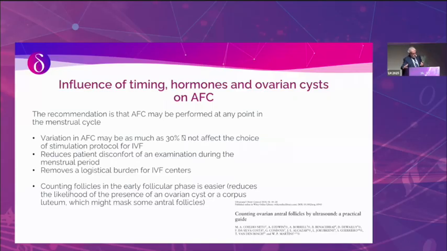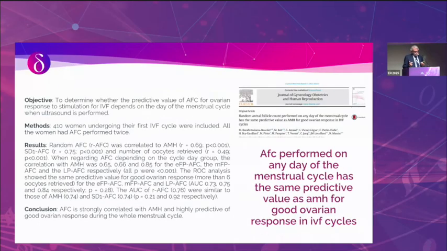Probably there is no clear evidence to always standardize this evaluation in the first part of the cycle. More or less, the differences are not so great. This is also emphasized in this paper, which suggests that this evaluation can be performed in any part of the menstrual cycle. As I'll show you at the end of my presentation, probably the first part is better